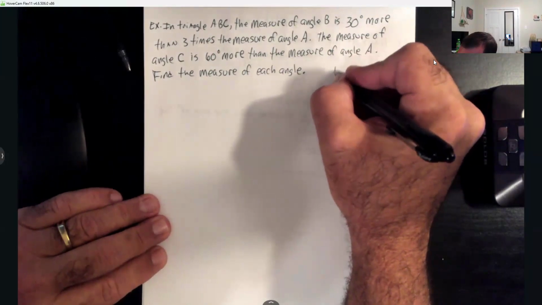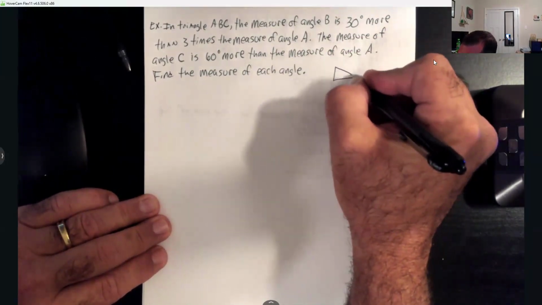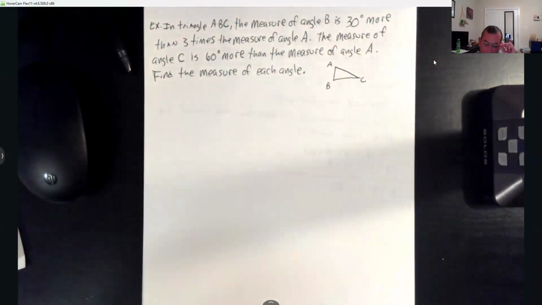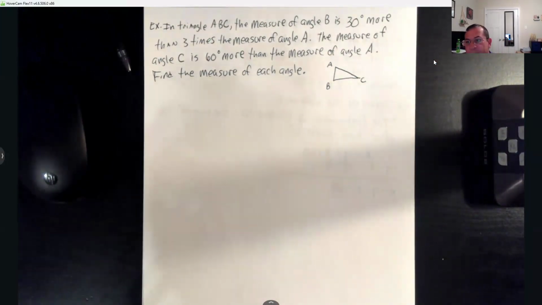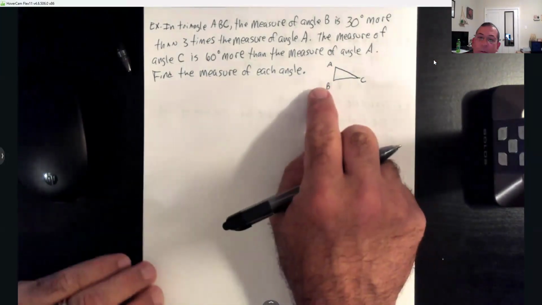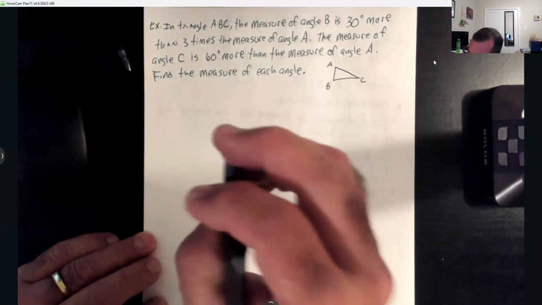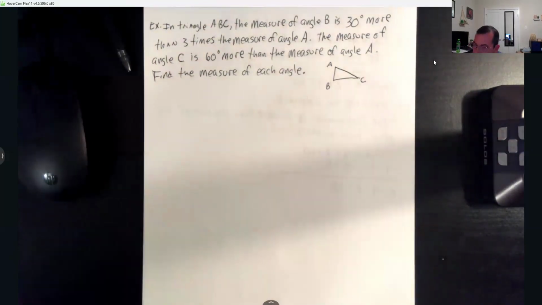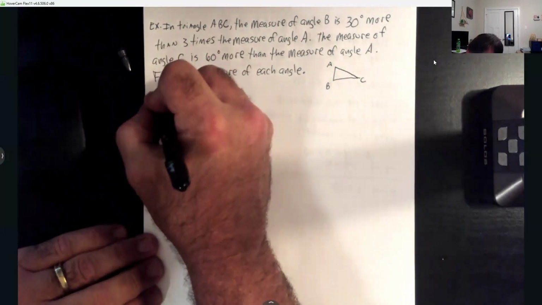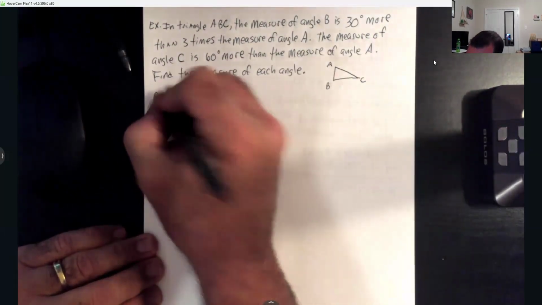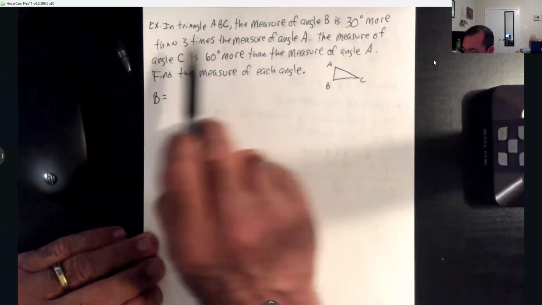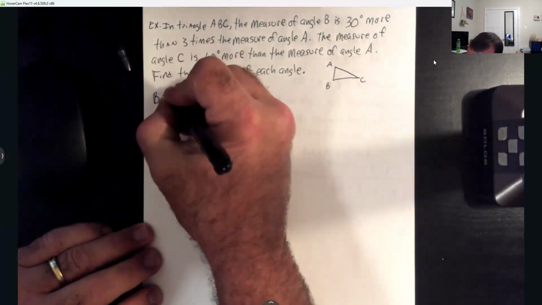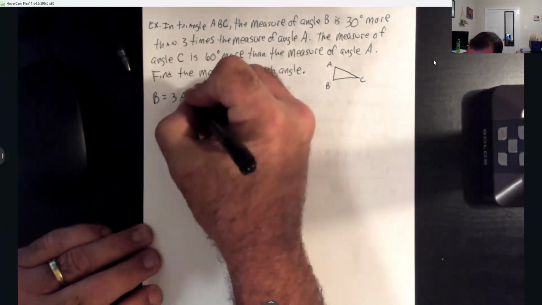All right, so what we got us is a triangle here. We don't know what it looks like, but we know it is A, B, and C. So let's get our equations first, and then we'll try to solve this for these 3 angles. So I do know the first equation, it says the measure of angle B. So that'll be B equals, and then it says 30 more than 3 times the measure of angle A. So that will be 3 times A plus